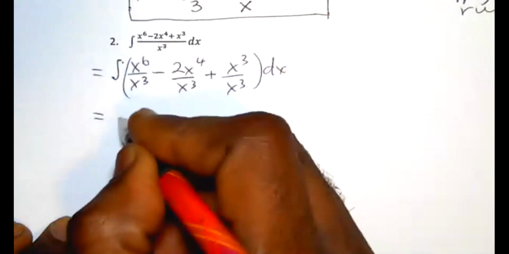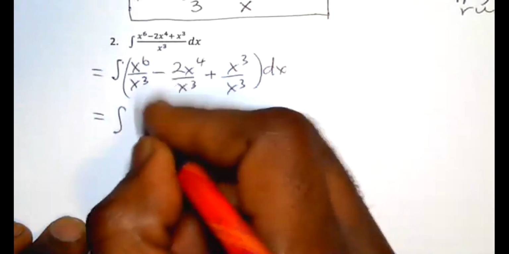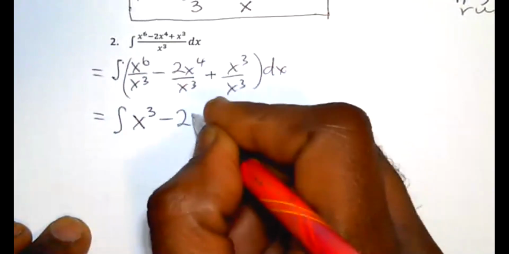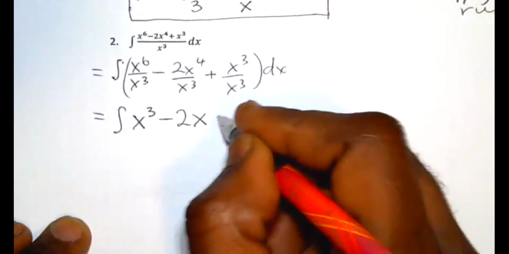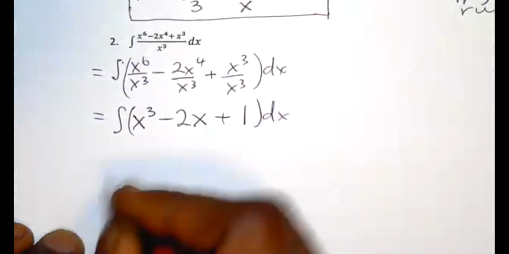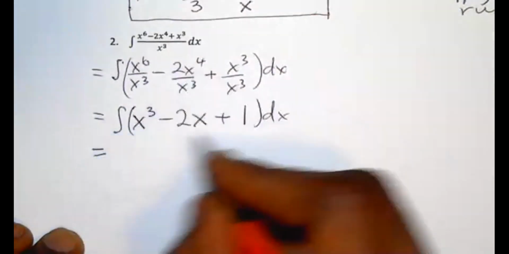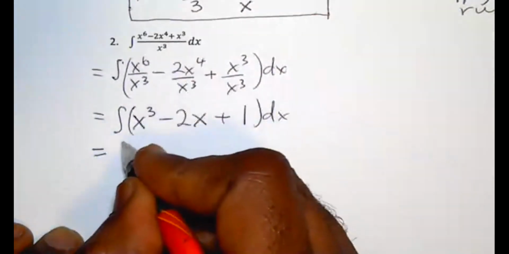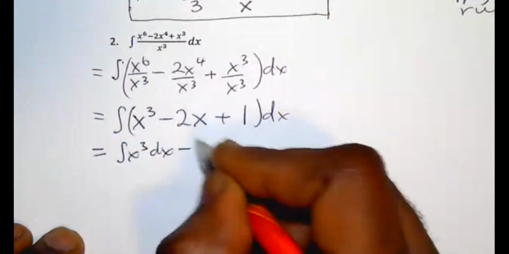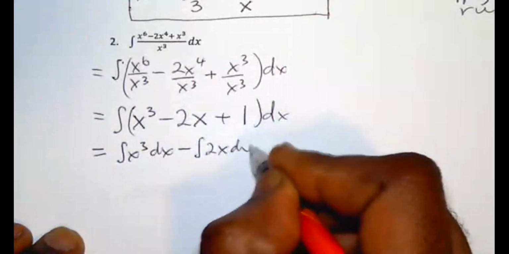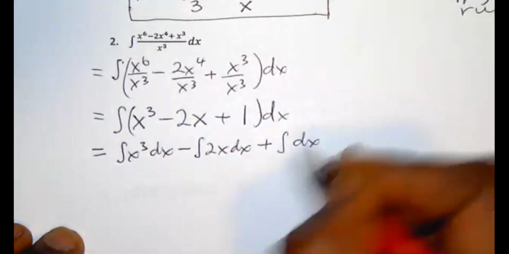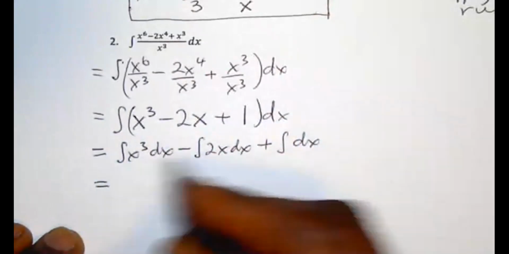So if I simplify this, I'll get 6 minus 3, which is x cubed, minus 2x to the power 1, 4 minus 3, and then plus this will be 1, all dx. So if I apply the sum and difference rule, this will be integral of x cubed dx minus integral of 2x dx plus integral of 1 dx, which is just dx, which is equal to, this will be